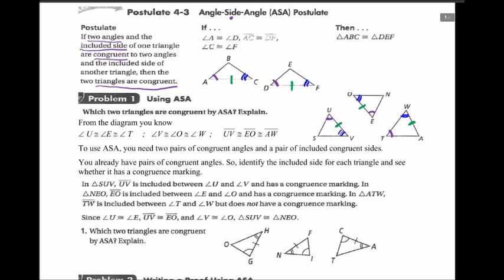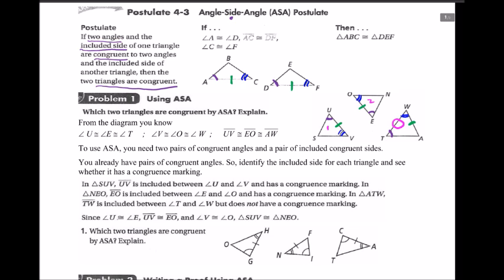Which ones are congruent? Well, we know that it is important that the side is included between the angles. So it's triangle 1 and triangle 2 are congruent to each other here. We would have needed that side right there